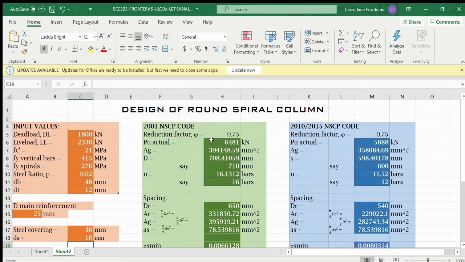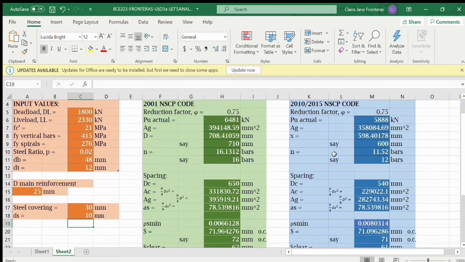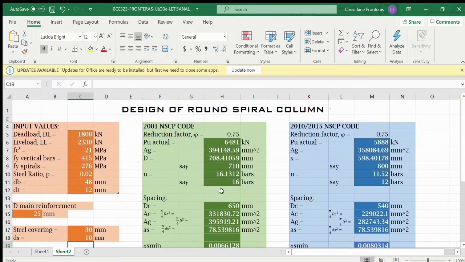For the reduction factor, the same lang yung phi natin for 2001 and 2010 and 2015 na 0.75. So, let's first explain this table right here. So, the 2001 NSCP code, yung actual na PU is 6,481 kilonewton. We have the gross area na 394,148.59 millimeter squared. And since it is a round, so circle siya,